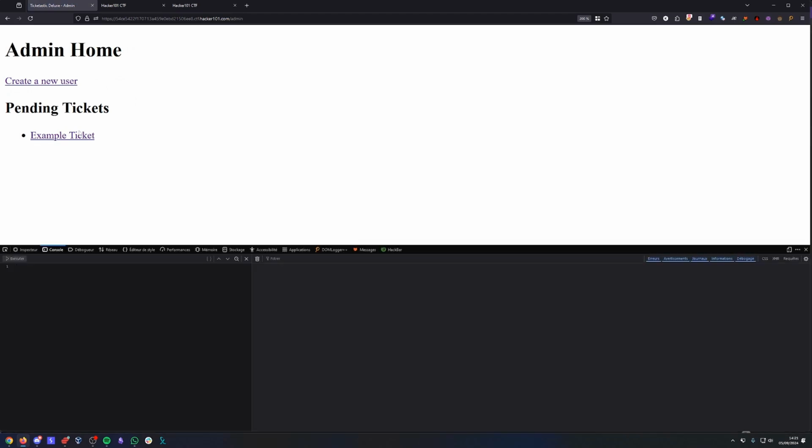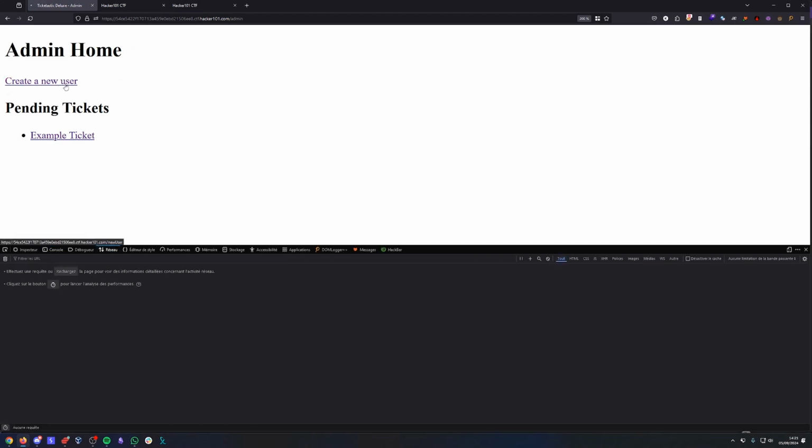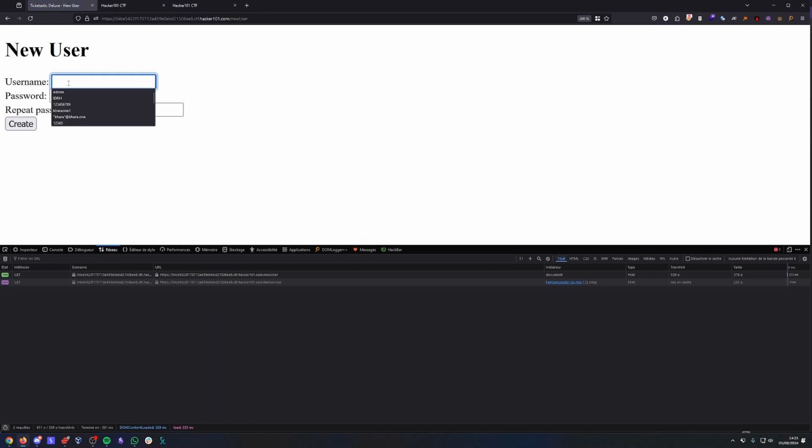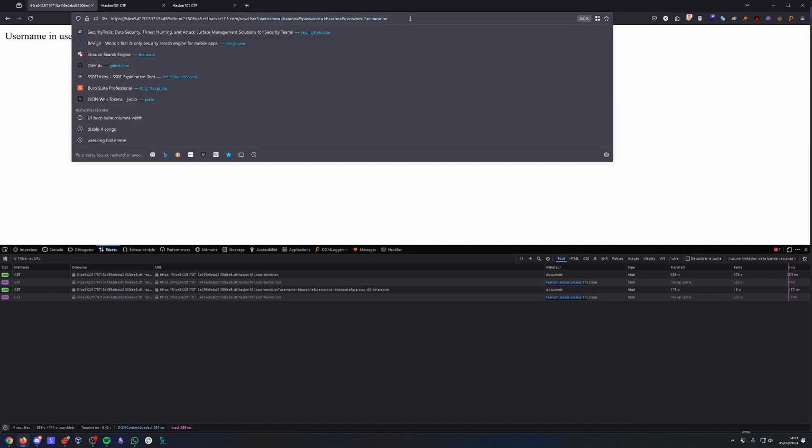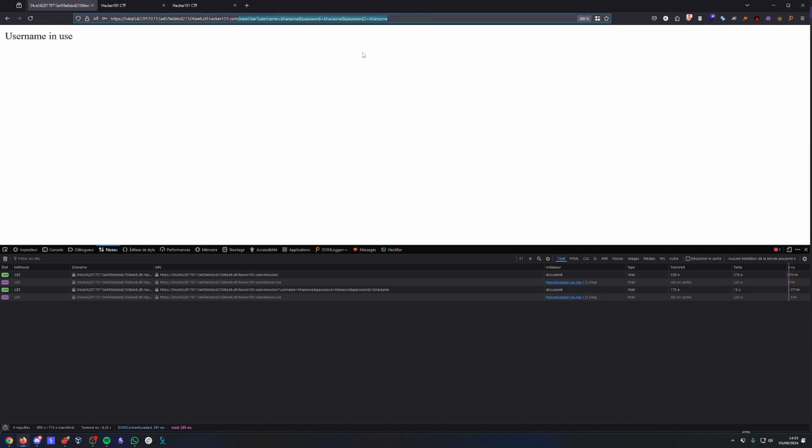So if I'm going to the network and trying again, username is used. Okay, which means that we possibly are able to create a GET version, although that was possibly a POST request. Okay, so we were able to log in as admin. We were able to see tickets, create tickets, and create a new account. Okay, so let's see